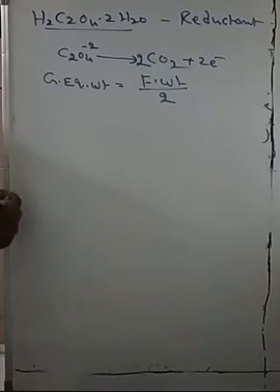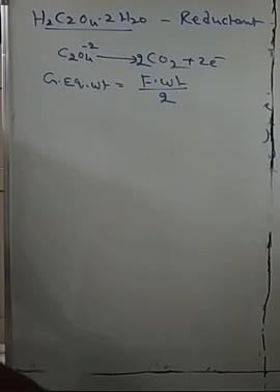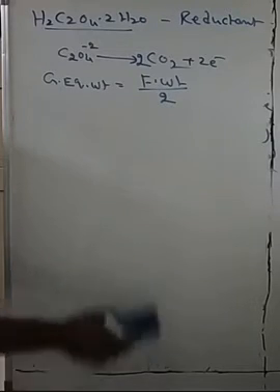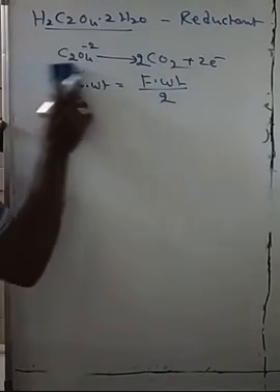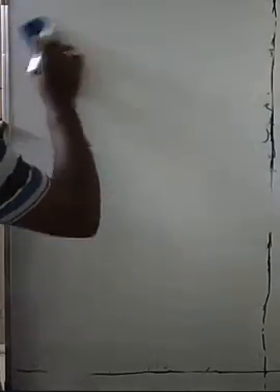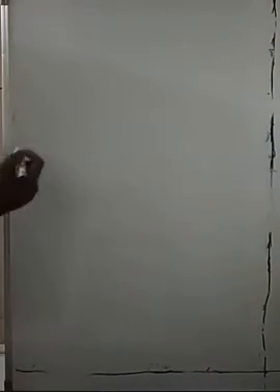So like that, you have to calculate the equivalent weight for oxidants or reductants with respect to transfer of electrons per 1 mole of the substance. So this is the calculation of equivalent weights for various substances. Then use equivalent weights to calculate the normality. Okay, understand? So now you have completed molarity and normality.